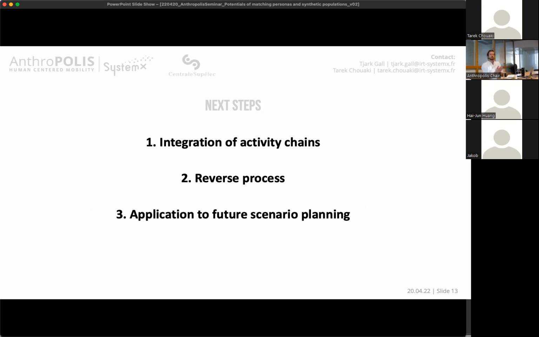So what we wanted to see in the first stage is how we can combine the different parts, but while working on it and also while discussing it, we realized that there are different ways how we can extend it. One of them is the integration of activity change. I will talk about it a bit more in a bit.